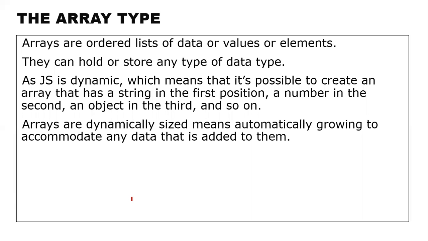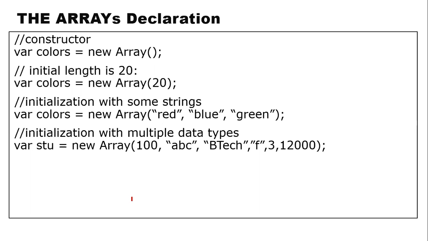Like yesterday, we saw one function, the push method, which can be used to add a new value onto the end of the array. We have the method called pop for removing values from the end of the array. We have other methods as well, but I'm not just talking about them. I'm just giving you the basic introduction to the array type. You can always look into the other different types of arrays, and how we declare arrays and all that.